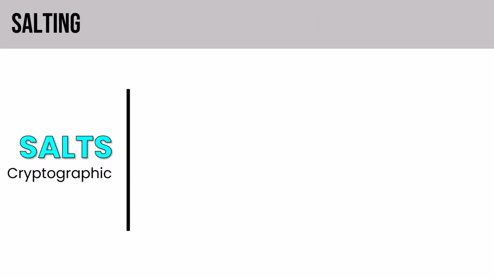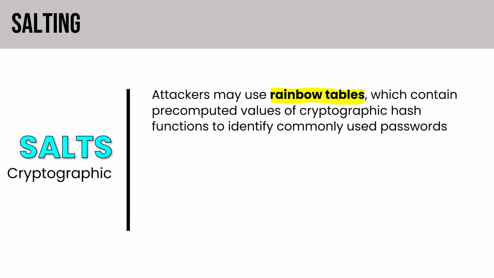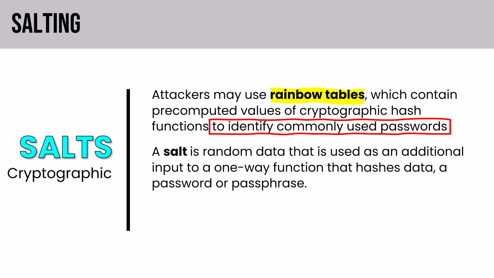Next, we have the process of salting, which involves the use of cryptographic salts. Attackers may use rainbow tables, which contain pre-computed values of cryptographic hash functions to identify commonly used passwords. It's a table of password hashes. And a salt is random data that is used as an additional input to that one-way hash function for the